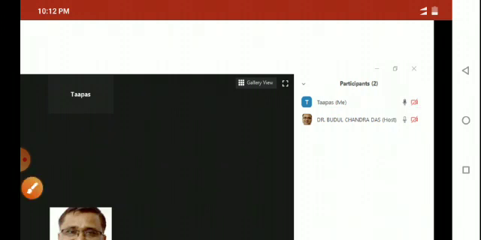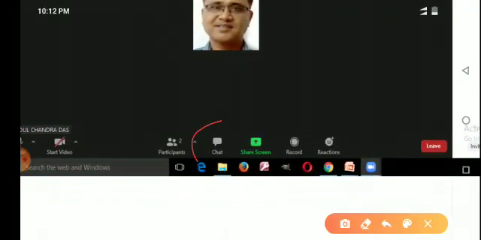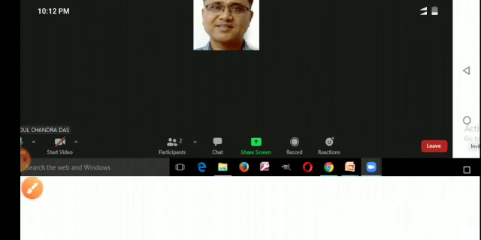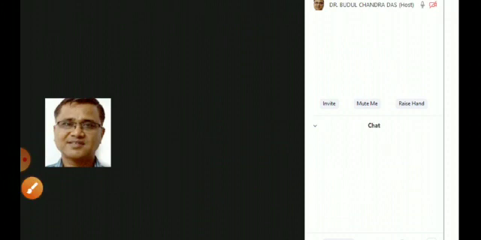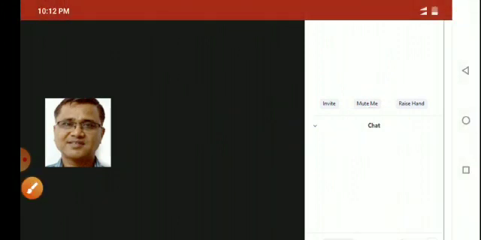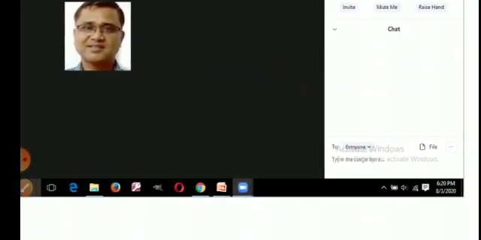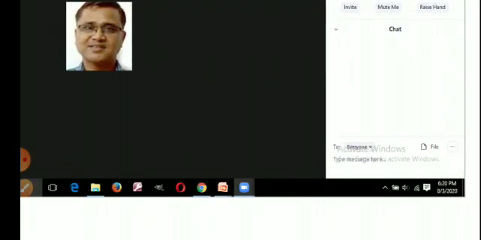Understand? Then you can see on the screen another icon, the chat box. It is written CHAT. If you click on this, you will see the chat box on the right-hand side of the screen. Here you can chat with the host or other participants.